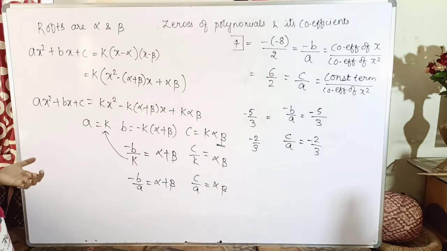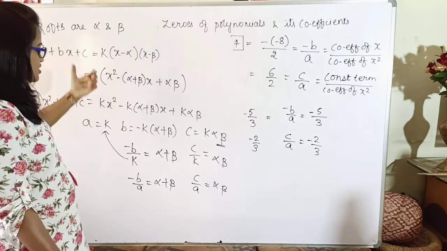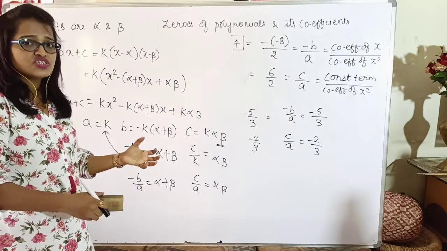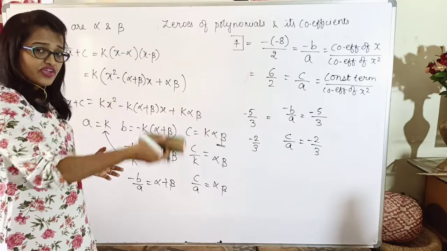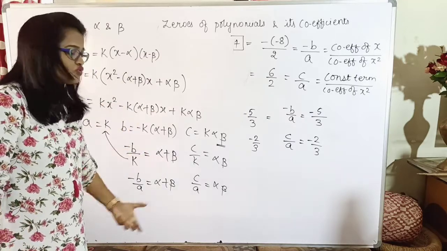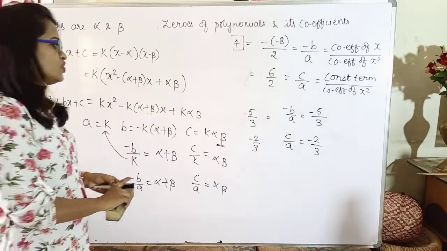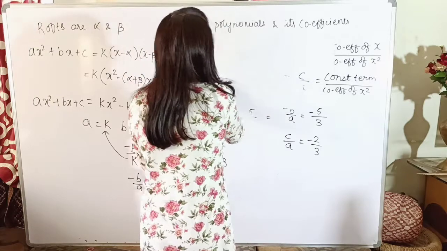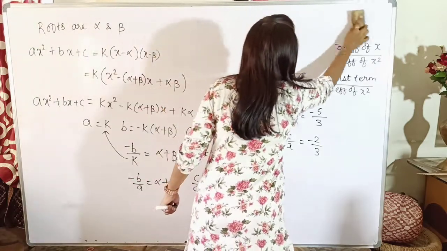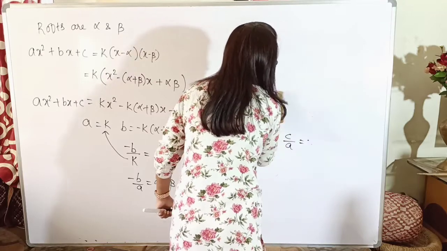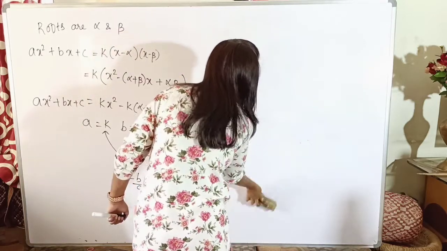Okay, so in the question they might give you one expression and they might ask you what are the sum of the roots and what are the product of the roots. So instead of finding the factorization and finding its roots directly, with the help of the coefficients you can find their values. You are not supposed to find their roots, since they are asking you to find the sum and product. Just find out the coefficients and put them in the formula, isn't it?